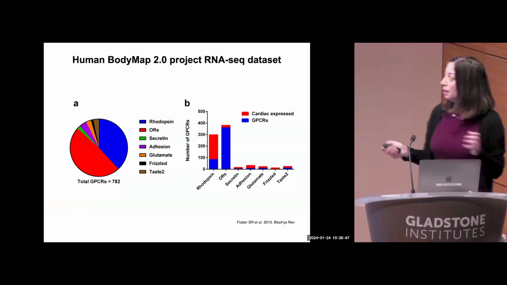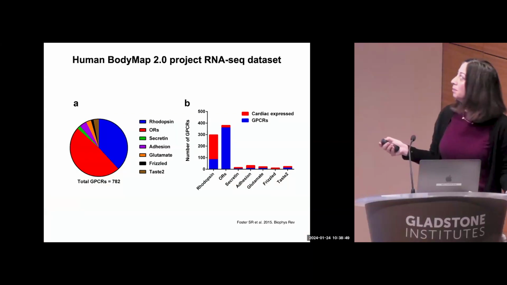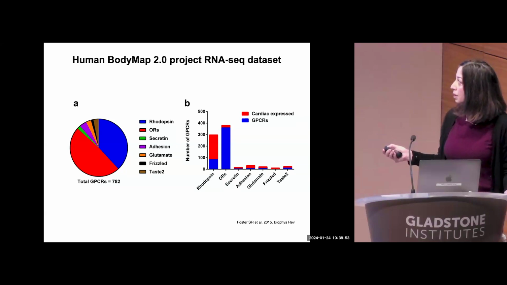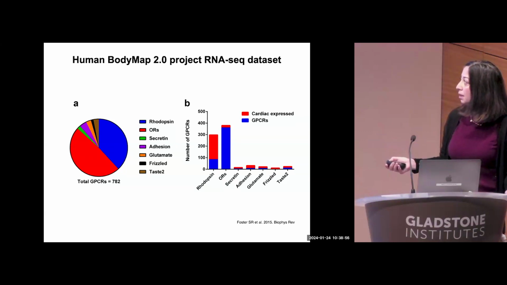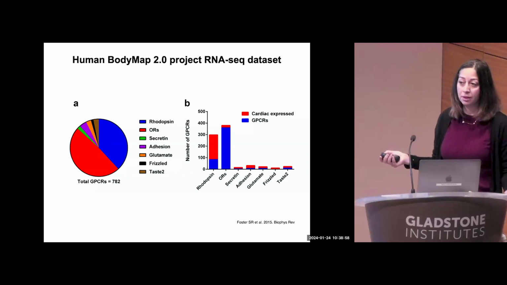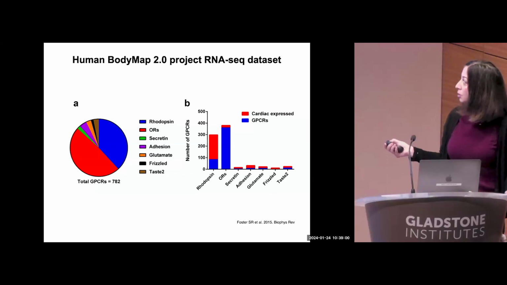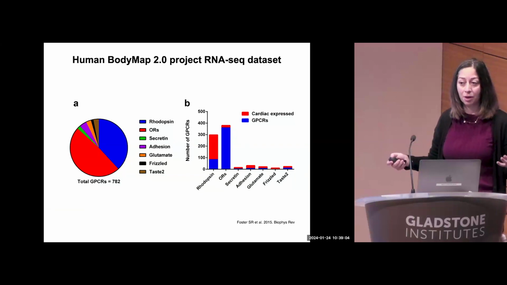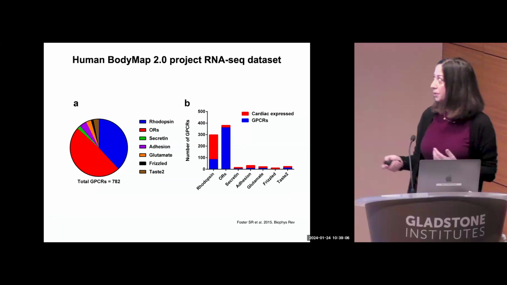That is a huge problem because these are just the 2 examples that I mentioned, but if you look at the RNA sequencing of the GPCRs that are expressed in the human heart, there are so many of them expressed in the same tissue, and so many of them are coupled to the same stimulatory G protein.